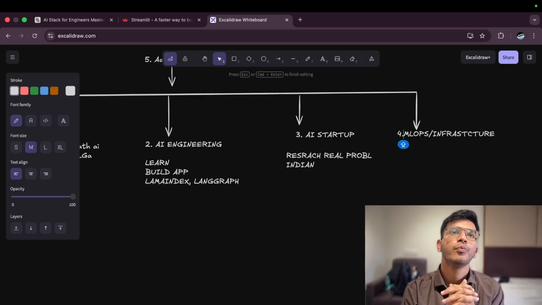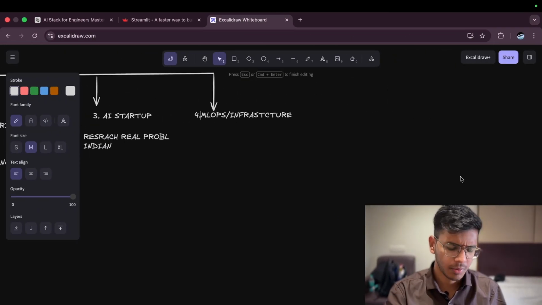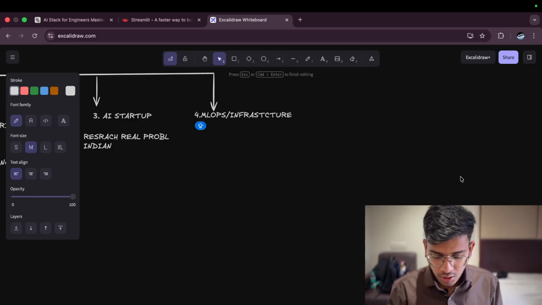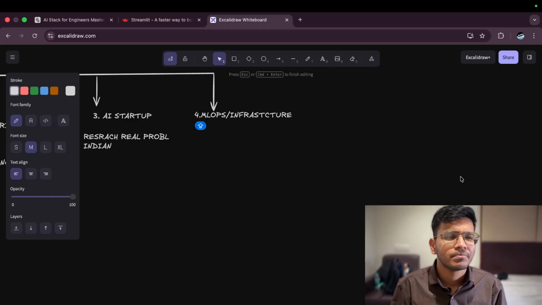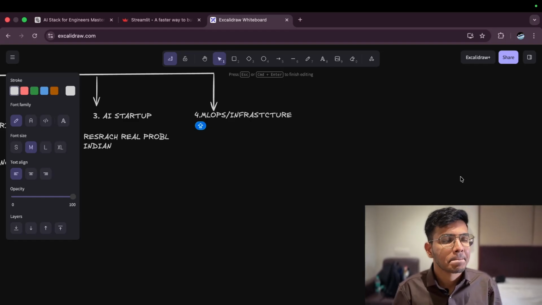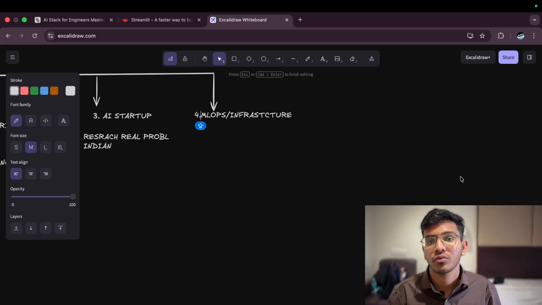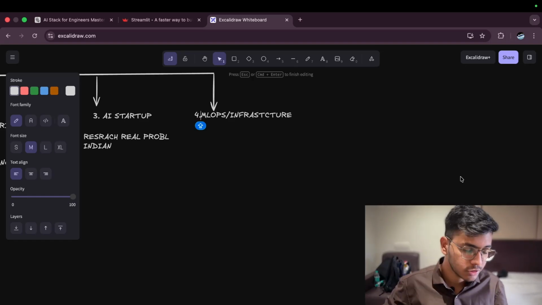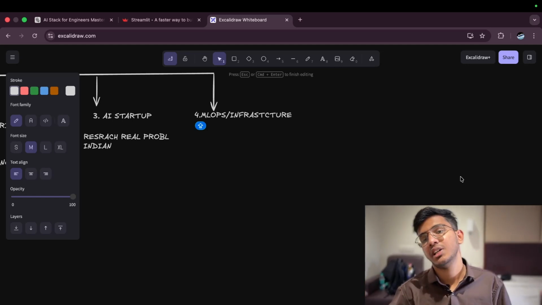So if I talk about agentic workflows, we have realized something: the technology is not much important, right? The tech stack, you might be using Python, or FastAPI or RESTful APIs, or